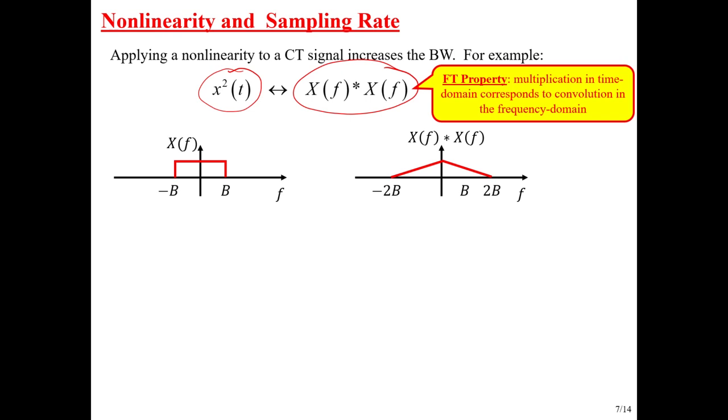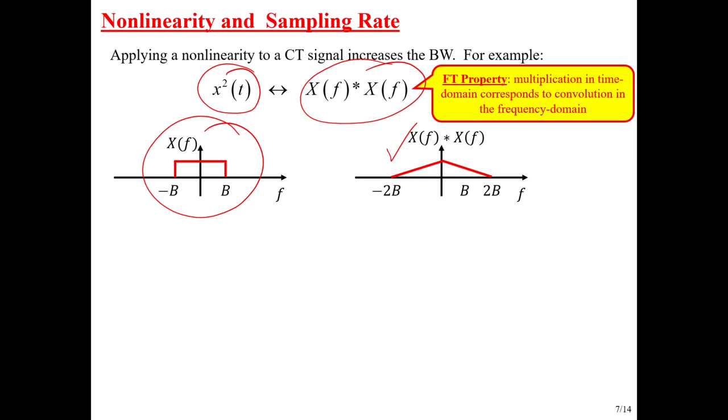Just pick a simple case where it's easy to see what happens. So suppose our signal x of t has a Fourier transform that looks like this, just a nice rectangular spectrum. You know what that looks like. That's a sinc function of some sort. And now we know that if we square that in the time domain, what do we get? Well, we get a sinc squared, and we know that a sinc squared transforms to a triangle. But we also know from this theory that the Fourier transform of x squared will be this thing convolved with